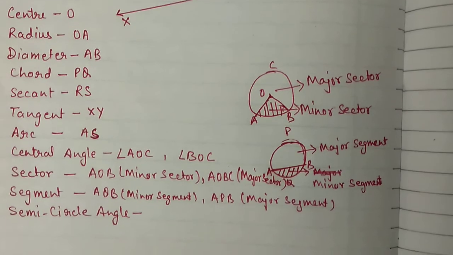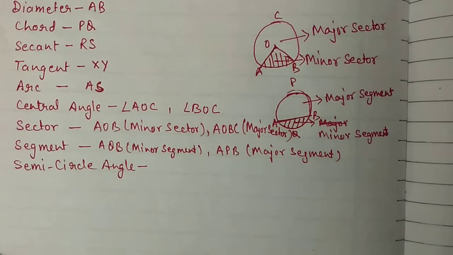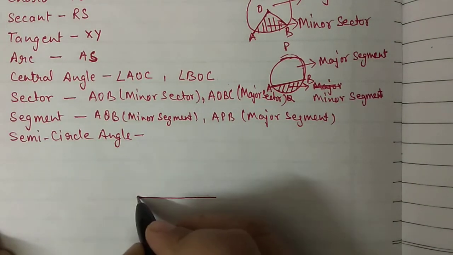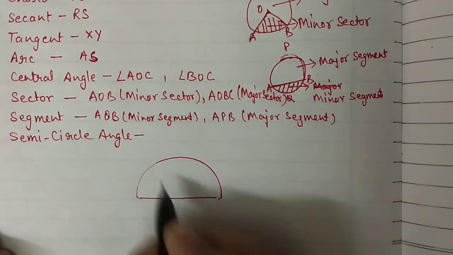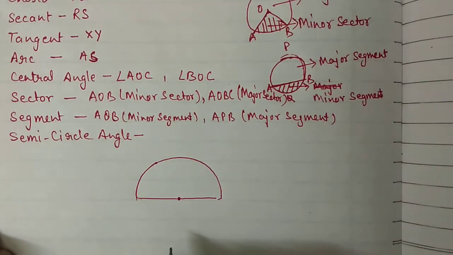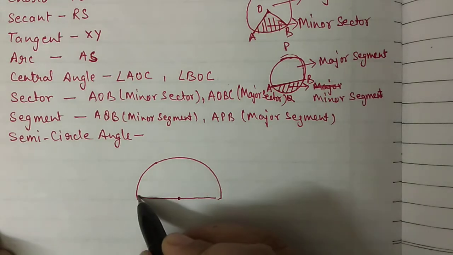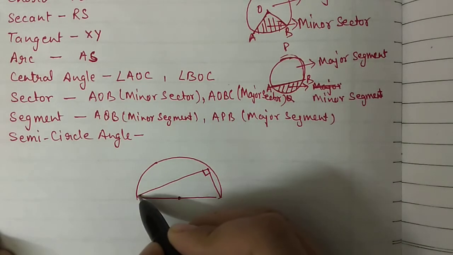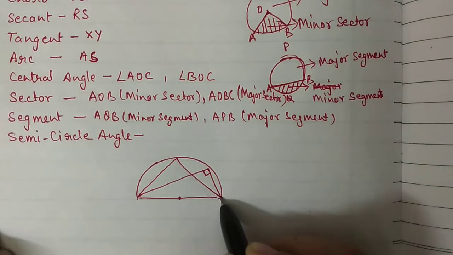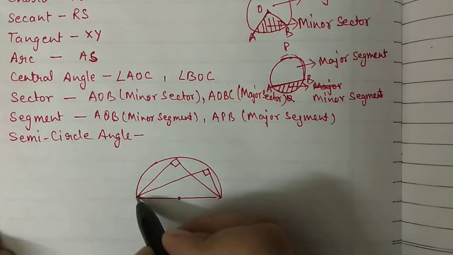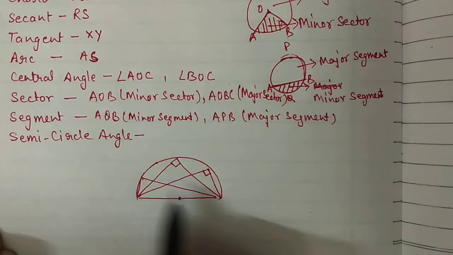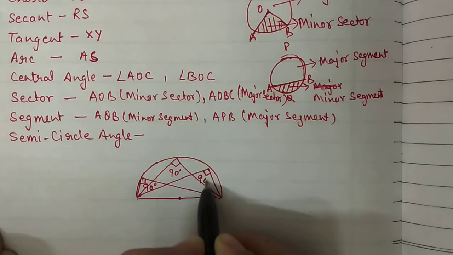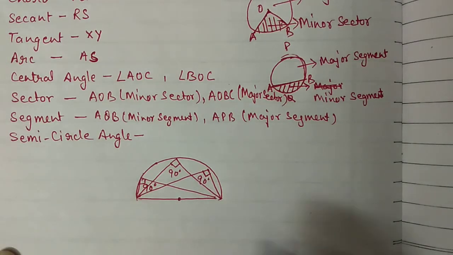Next we have the semicircle angle. So semicircle, as we discussed before, half of the circle is a semicircle. So half of a circle, like this figure you will get, this is a semicircle. And always remember the angle in a semicircle will be 90 degrees. So this angle from these 2 points will be 90 degrees. Or if you construct here, then also it will be 90 degrees. If you construct here, then also it will be 90 degrees. Anywhere you draw this angle, you will find this is 90 degrees.